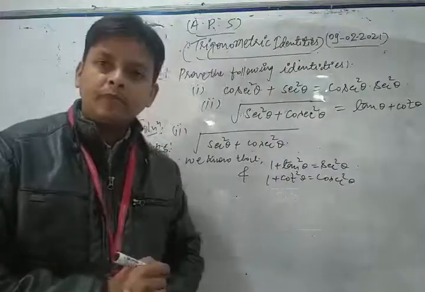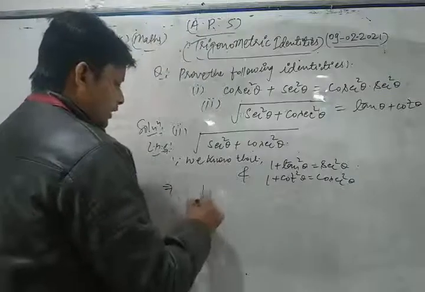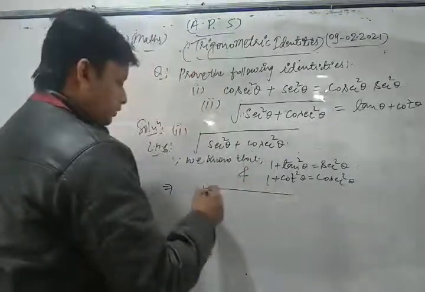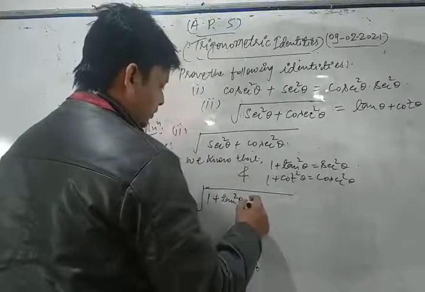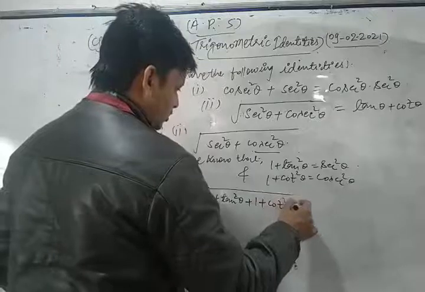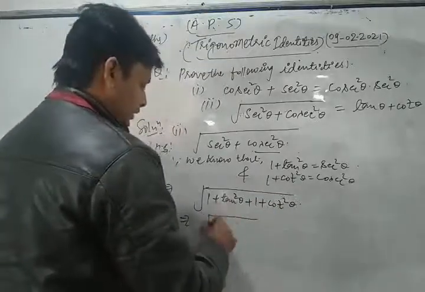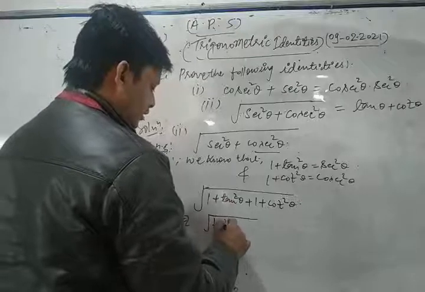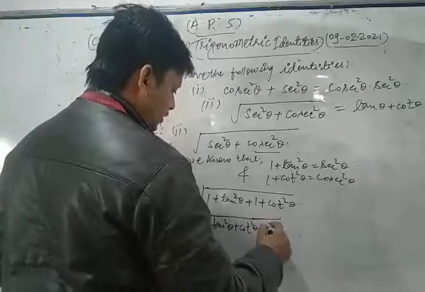1 plus cot square theta in that expression. That is, we get sec square theta, we put it as 1 plus tan square theta, plus cosec square theta, we put it as 1 plus cot square theta. Now we write this as tan square theta plus cot square theta plus 1